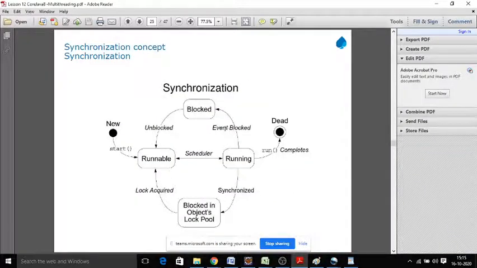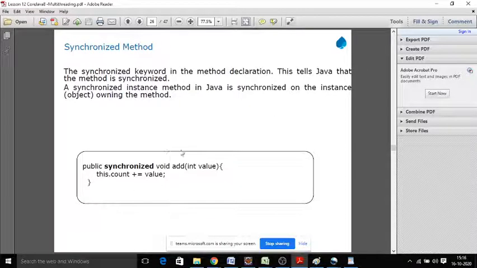Whenever it is synchronized, the thread scheduler every time will make the other threads block for some time and let one complete, and only then will it release the lock to the next thread. That is how synchronization will manage your concurrent logic, and it is going to avoid your race conditions. A race is nothing but multiple threads trying to access a resource at a time.